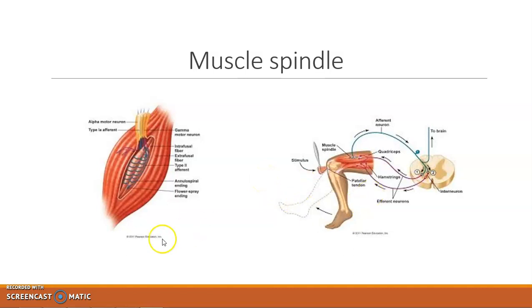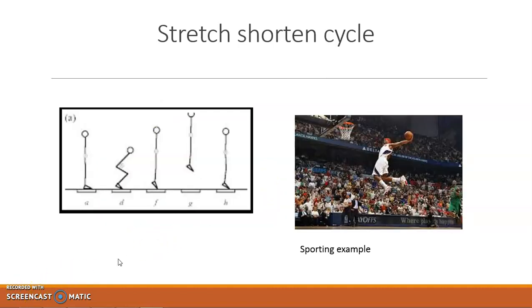from flexed into extended. The stretch shorten cycle is made up of 3 stages. The eccentric stage, which is when the most amount of potential elastic energy is stored in the lower legs. And this is sort of in section D here. And then concentric,